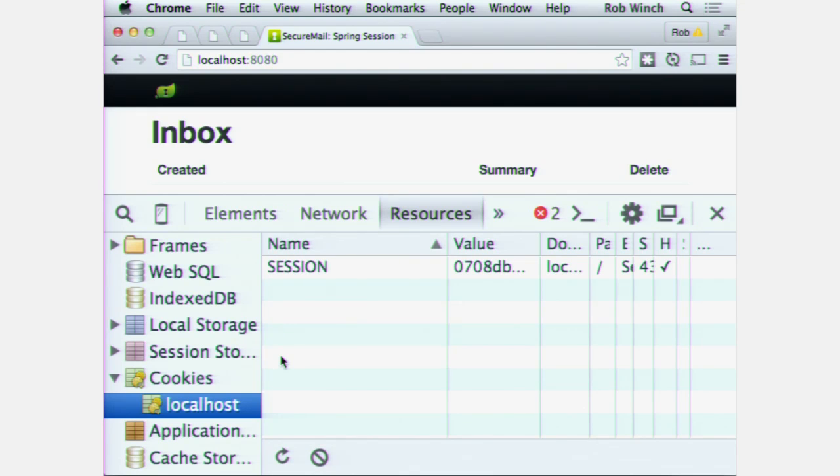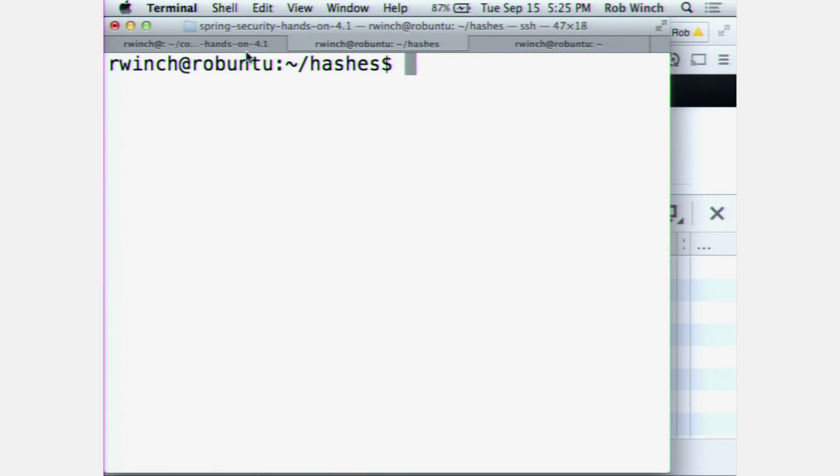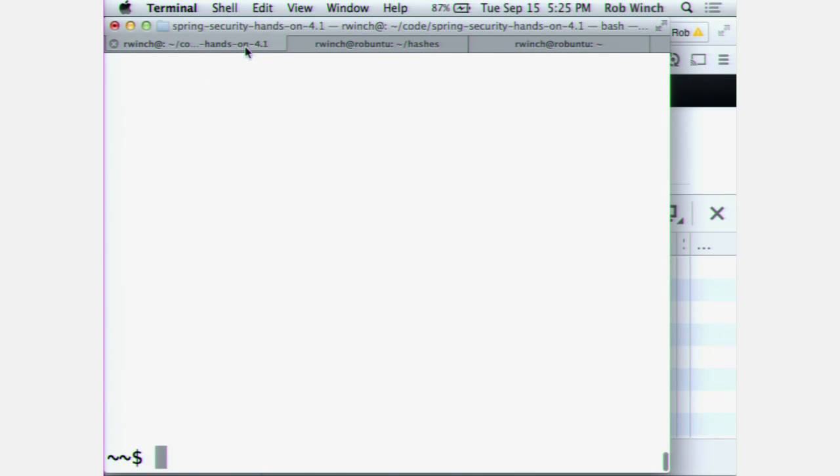But the other thing that we can do is we can actually log in with a REST client. So here, I'm going to just use HTTPie. Has anyone used HTTPie? It's like curl, but awesome. So what we're going to do is we're going to do http, and we'll do JSON. We'll do auth rob at